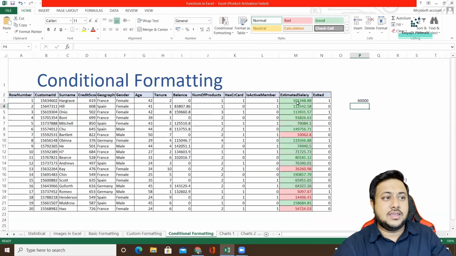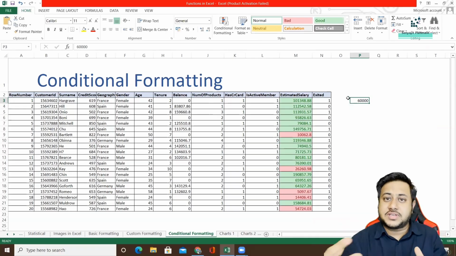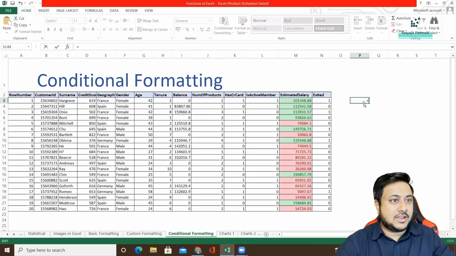Enter, and you can see, because it's dynamic in nature, I'm using this cell value. Anything above this cell value is green, anything below this cell value is red. Simple, right? Done. Let's say you want to change the cell value as an average